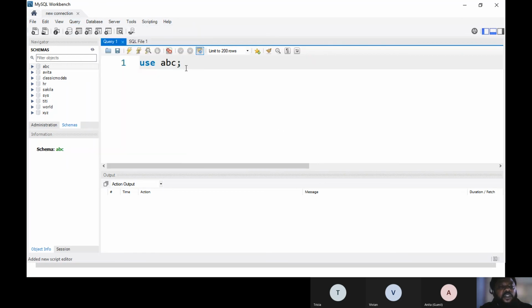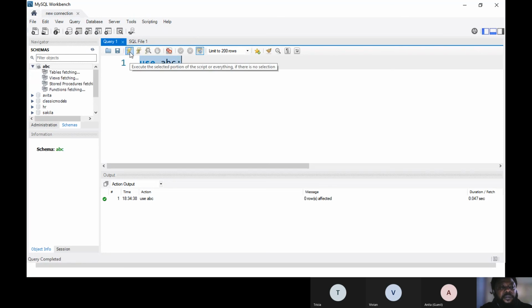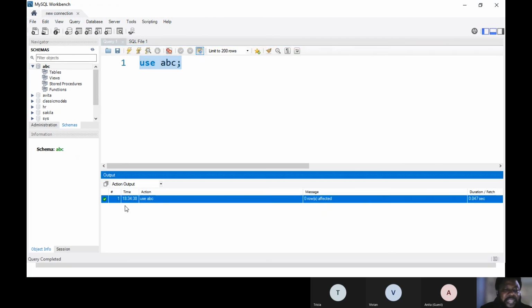Use that to execute your query. So I'm going to select everything and run that query, right? Now, what did you notice? You will discover that immediately I ran that query, the first thing in your output is a green icon. Can you see that I just selected now in the output?